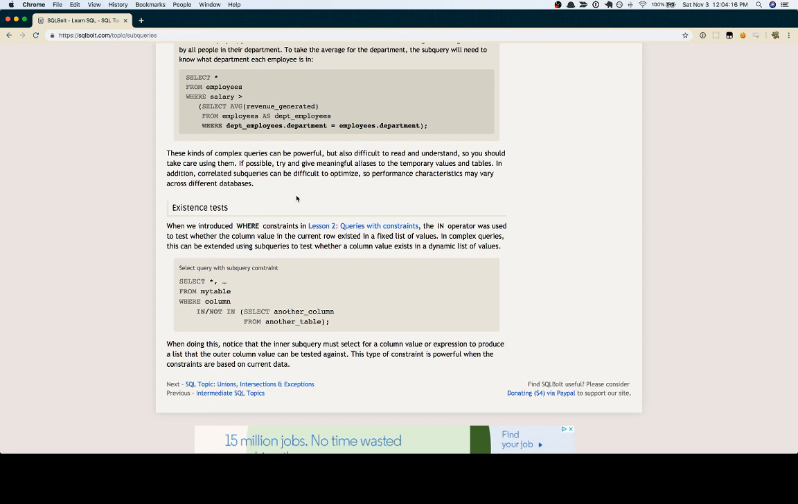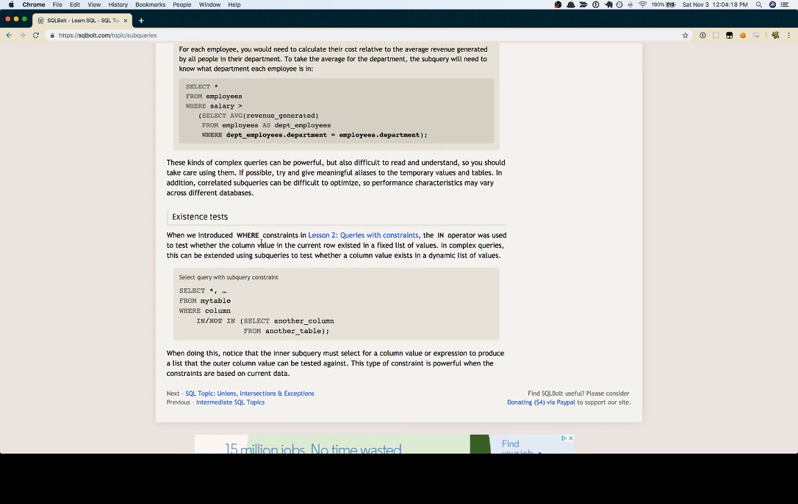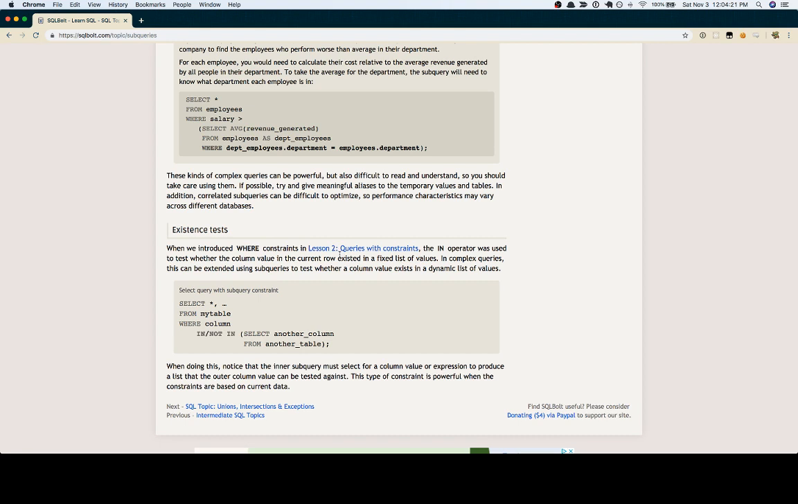Existence tests. When we introduced WHERE constraints in Lesson 2, the IN operator was used to test whether the column value in the current row existed in a fixed list of values. In complex queries, this can be extended using subqueries to test whether a column exists in a dynamic set of values. SELECT * FROM mytable WHERE column IN (or NOT IN) (subquery)